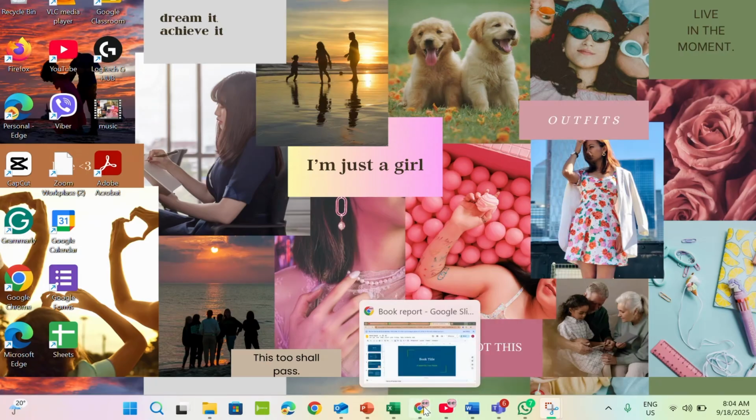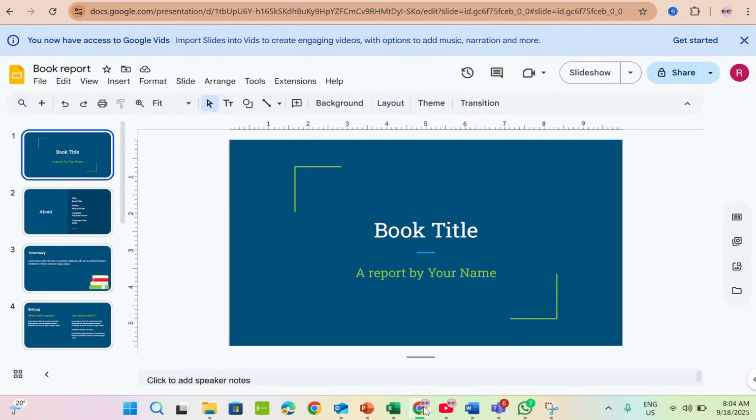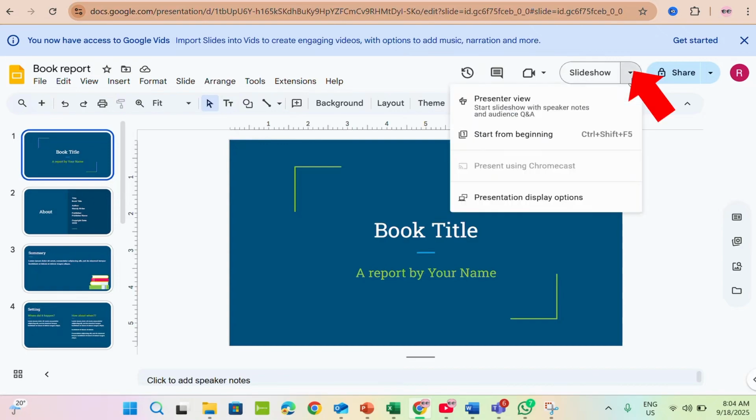Open up your Google Chrome and then go to your Google Slides that you want to present. So once you open it up, on the top right, you'll see the slideshow option. Tap on the drop down and there you'll find the presenter view. So if you tap on it,